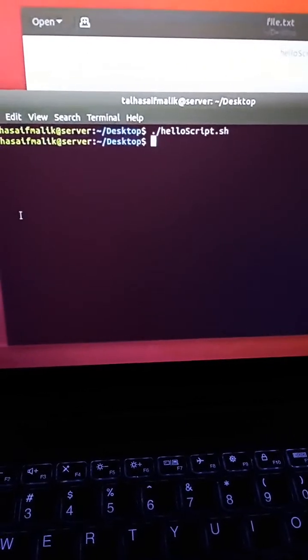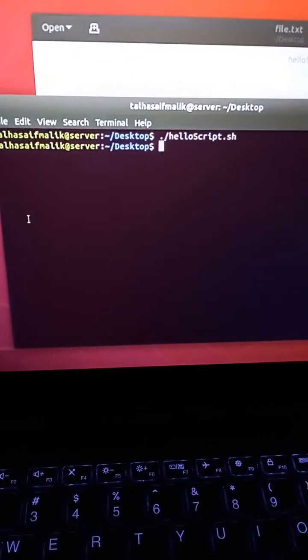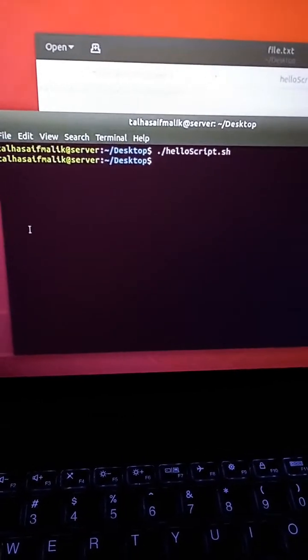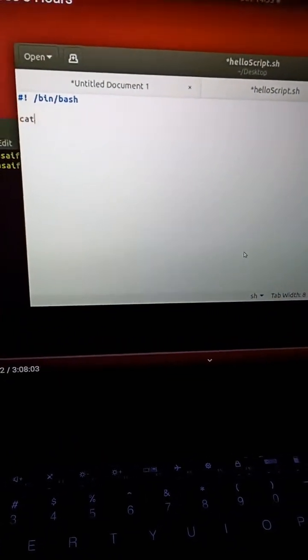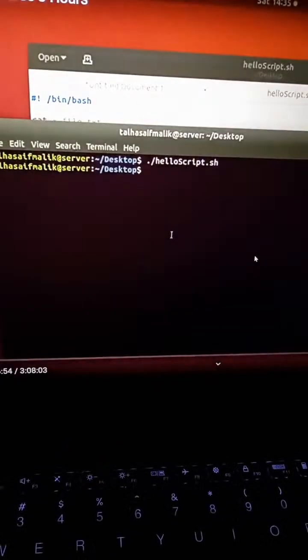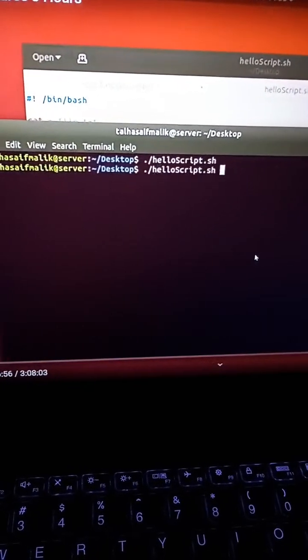So what else can you do? You can actually take the output from this shell and you can store that in the file as well. Let's say we write here cat with two arrows. Go ahead and we try to run our script. No, it's gonna rewrite it. So we hit enter,